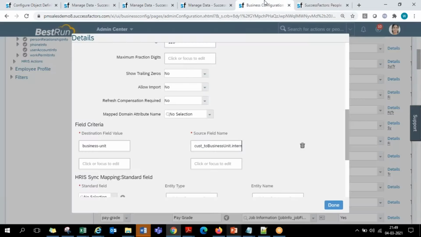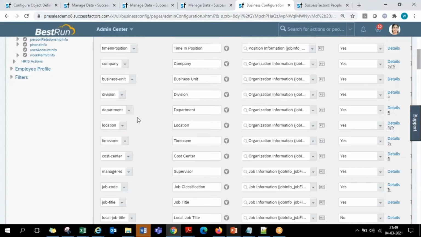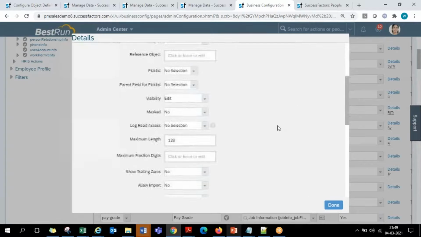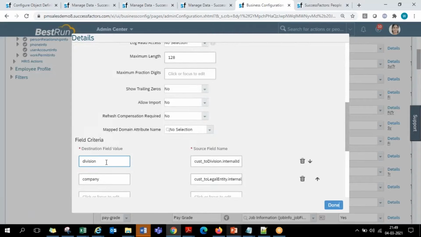So this is how, at the business unit, the business configuration level also, we are required to do this setup, guys. I'll say the same thing along with the example of division and department also. Between division and department, department is a child level object. Go to that. On the left hand side, maintain the parent field name, that is the division, as a field. And on the right hand side, between department and division, whatever association you have given, that association name dot internal ID. Same thing that has been done.